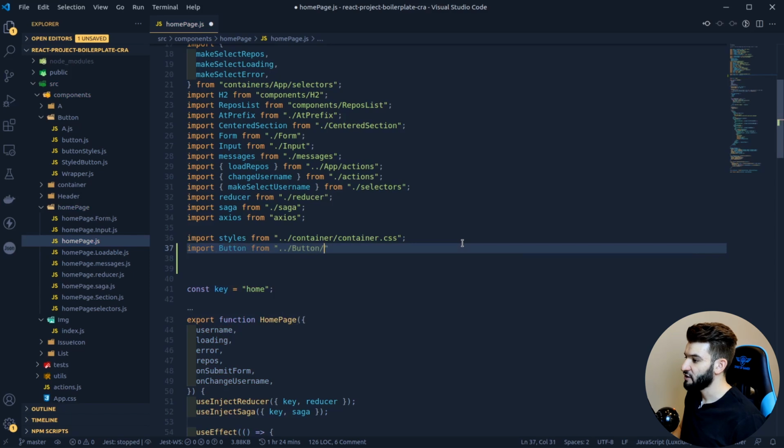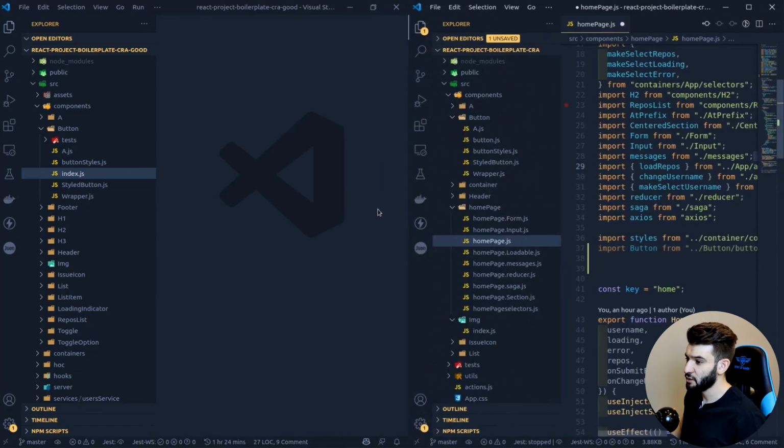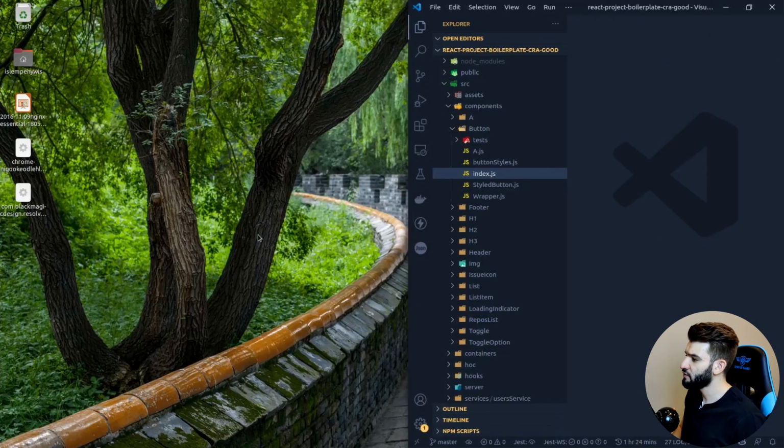You go button, then to access the actual button, you still have to go inside of the button, and that is actually ugly. Look at this import. It doesn't really make sense. You go inside of button to import a button. It's really that bad. Now compared to the other one, how does that look? If I go right over here,